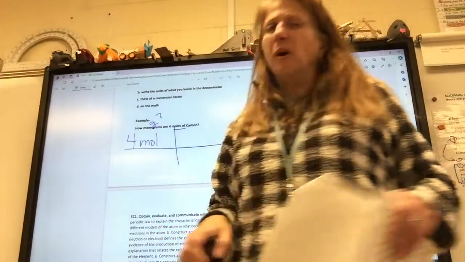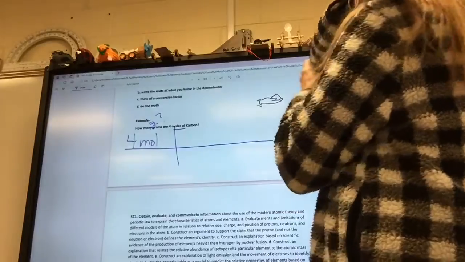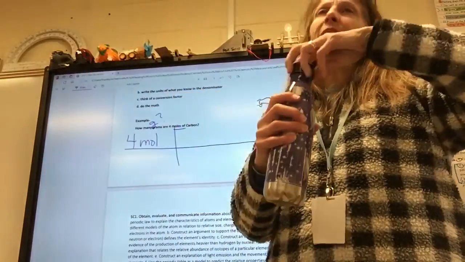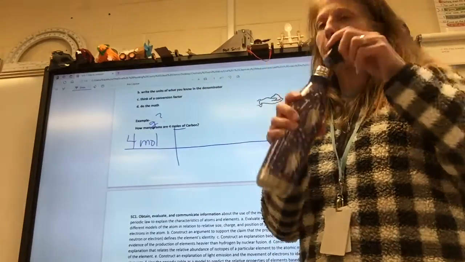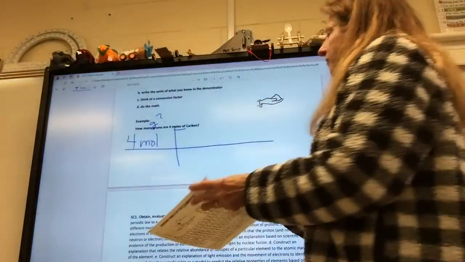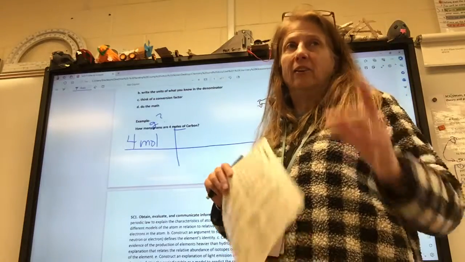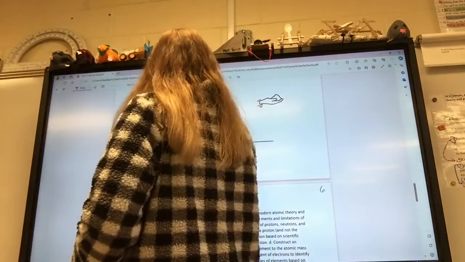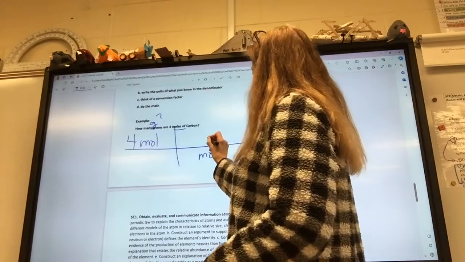The abbreviation for moles is MOL, which is kind of funny, because all you get to do is leave off the E. So 4 moles. Now, where do moles go? Numerator or denominator? Denominator. Oh, I've tutored math to all ages of kids, and little kids will call it the demonator because they're like, it's demonic. Math is evil. Okay, so moles go down here, and what we want goes up here.